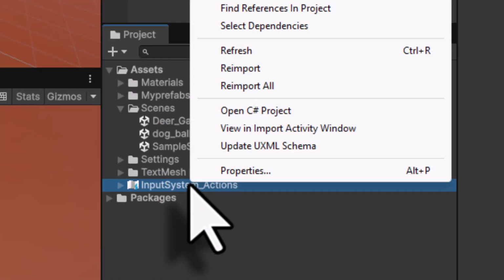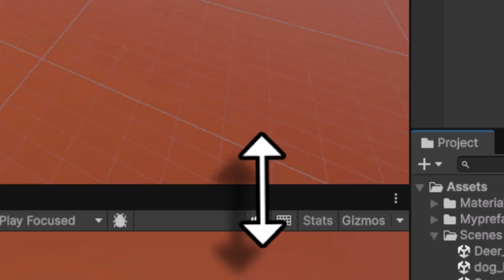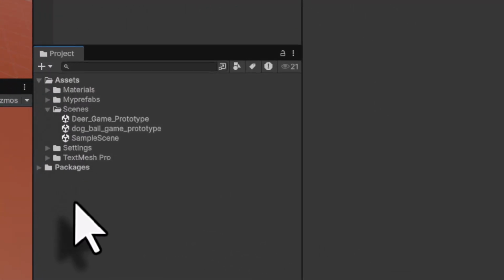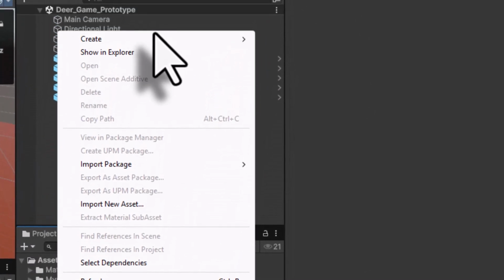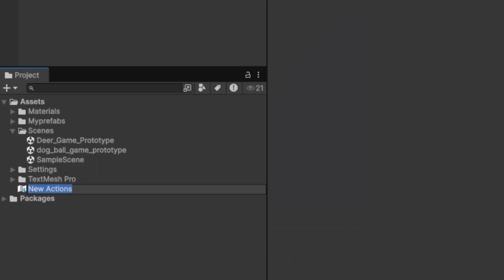Right now I am going to select it and delete it. Click on this delete button here. Now we are going to add it fresh and customize it. To add a new empty input action, come into the project panel, right click, come into create, and below you have input action. Now click on this input action and I am going to call this player control actions